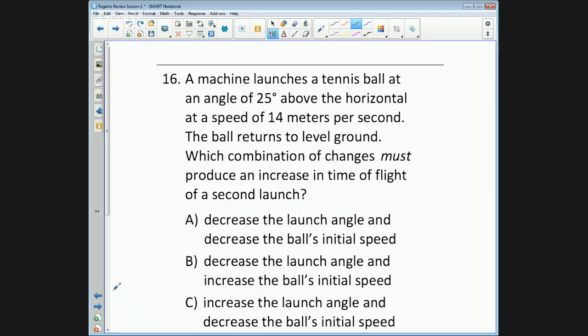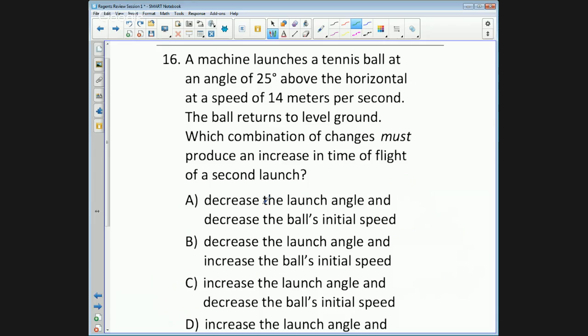Okay, number 16. Number 16 says, a machine launches a tennis ball at an angle of 25 degrees above the horizontal at a speed of 14 meters per second. The ball returns to level ground. Which combination of changes must produce an increase in time of flight of a second launch? Okay,